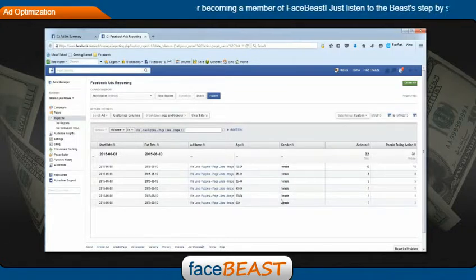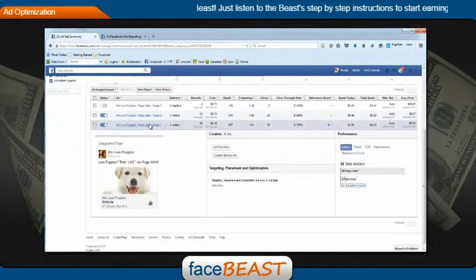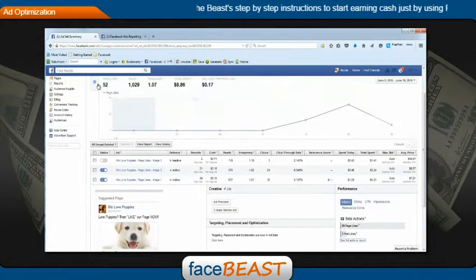We only promoted to females, so we know that we cannot change that. But look at the age of our audience and where the actions are actually coming from. So I can see here that anyone 45 and older is not engaging on this ad. So what we're going to do is we're going to go back into our ad, and we are going to edit